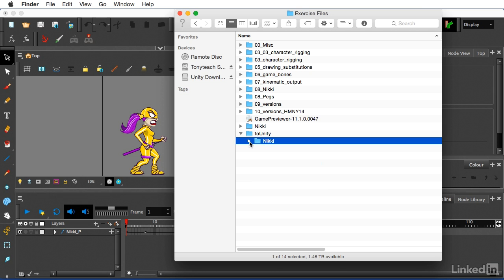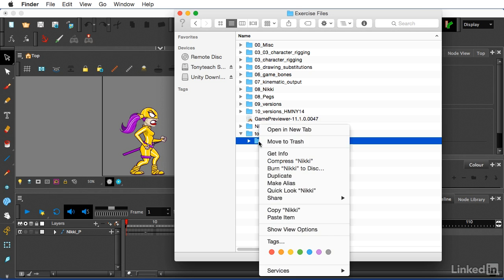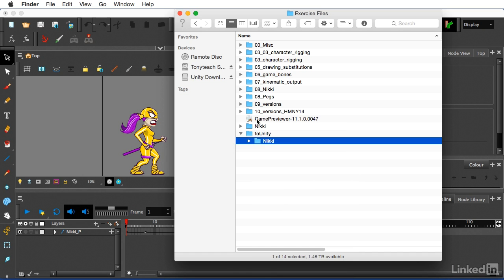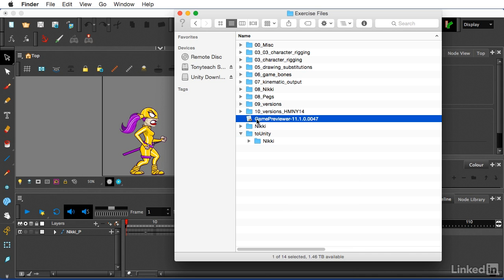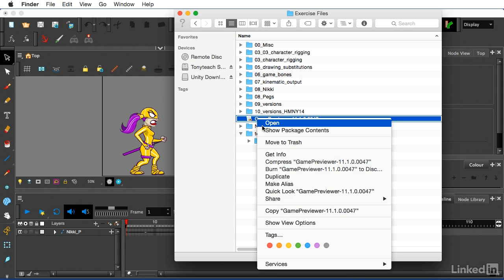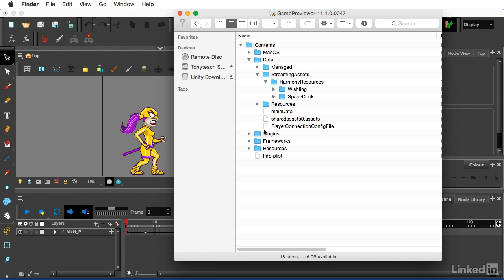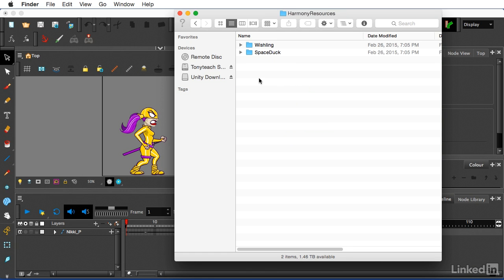Now to take this one step further, I'm going to simply right-click and copy this folder, and I'll select my game previewer, right-click, Show Package Contents, and under Data, Streaming Assets, Harmony Resources, I'll go ahead and paste this, Command-V,